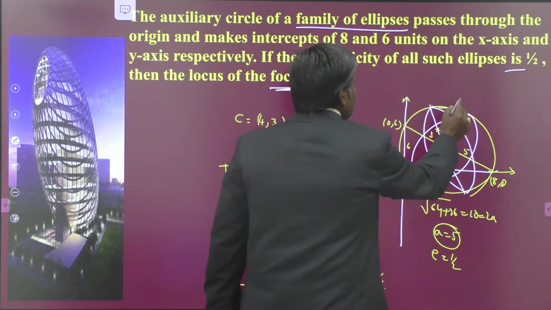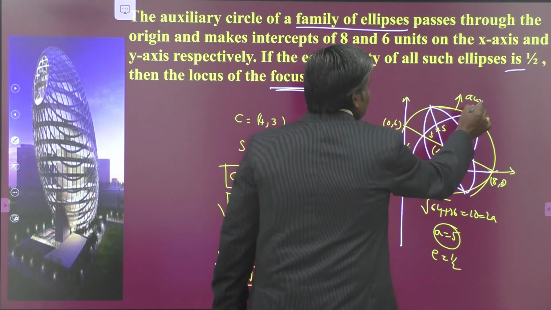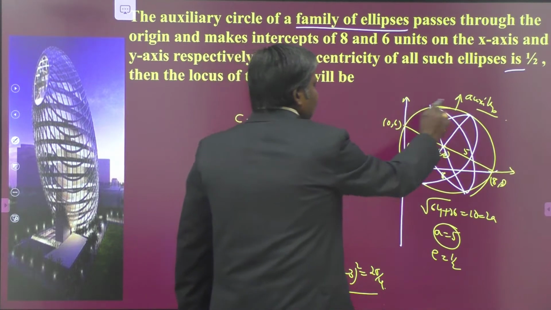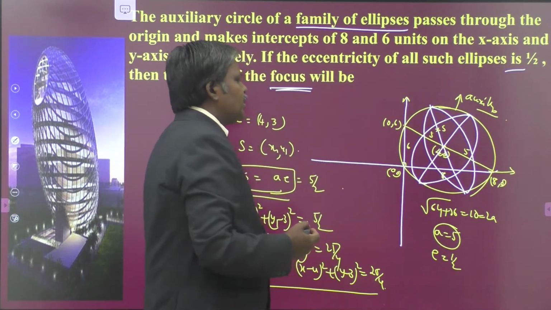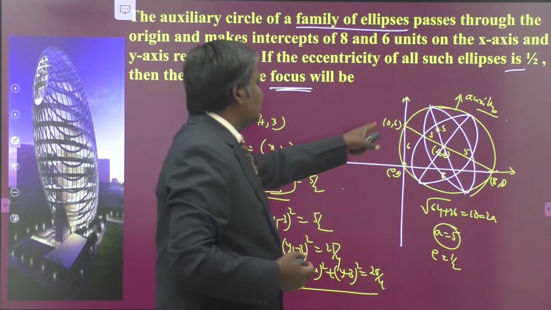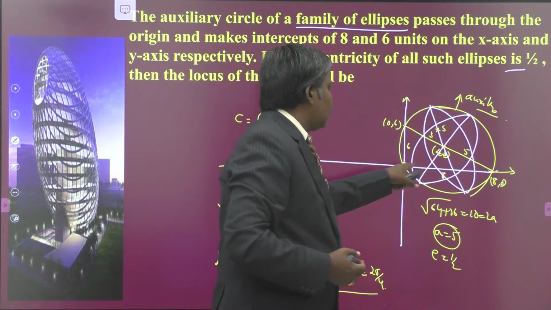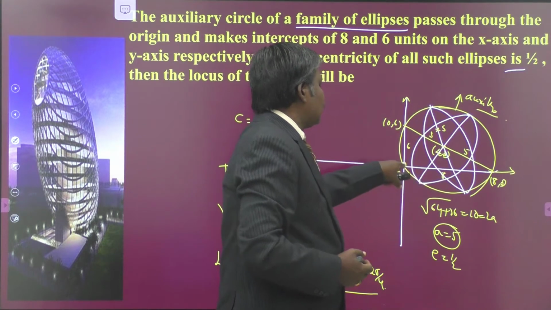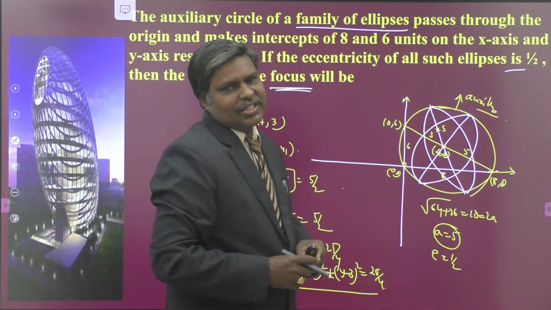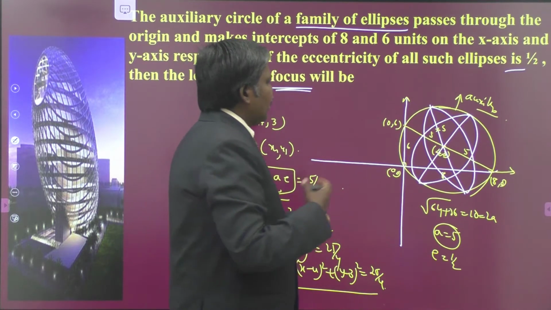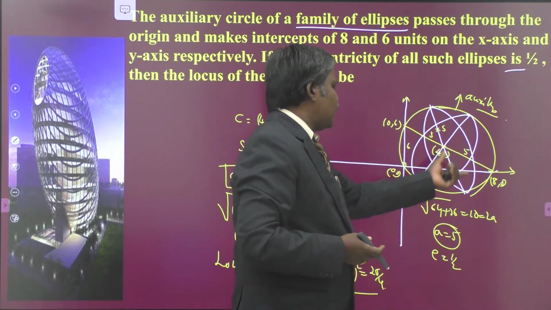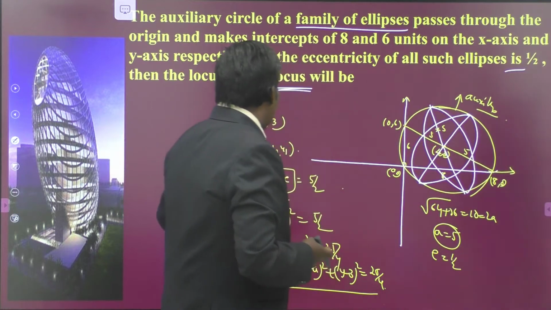This is the auxiliary circle for that one. This is fixed. You can draw infinite number of ellipse inside this circle. Every one must be an ellipse whose corresponding auxiliary circle is what, my dears? This is the circle having the point on the circle as 0, 0 and makes intercepts 8 and 6 units on x and y axis respectively. Understand? So you can write the equation of the auxiliary circle also. Without writing the auxiliary circle, we just find the value of A here itself and we can crack this one.